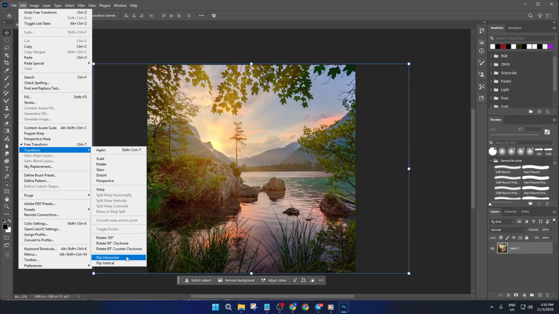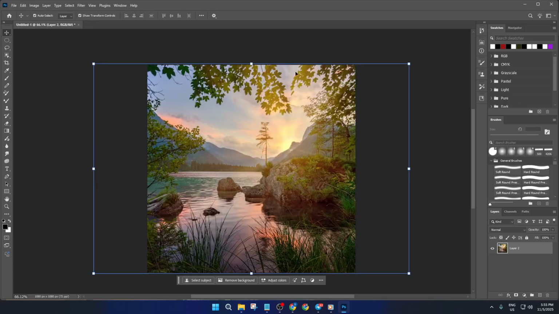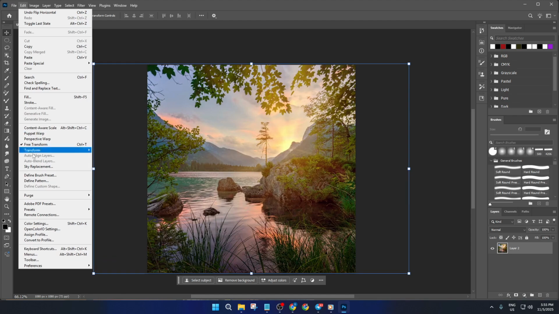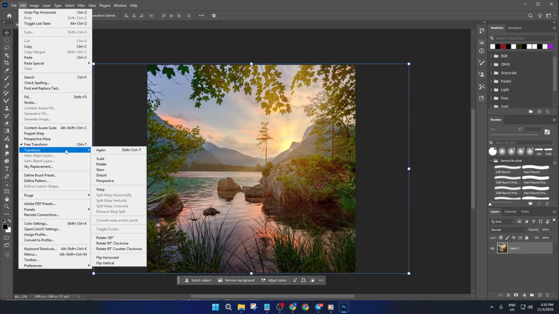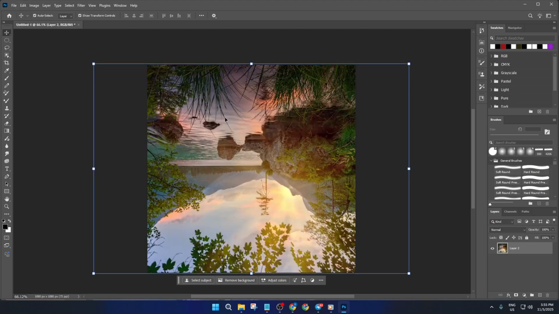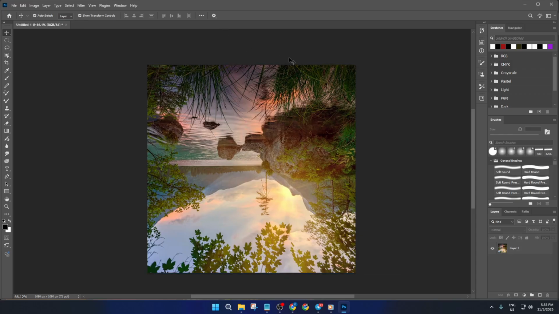No extra steps required. This method is great if you're working on a tablet, or if shortcuts aren't your style. A quick tip: these flips don't work on locked background layers, so if you hit a snag, just double-click the layer to unlock it first, and that's all there is to it. Both methods give you flexible control over your layer's orientation, and they're powerful tools for photo editing, design layouts, and